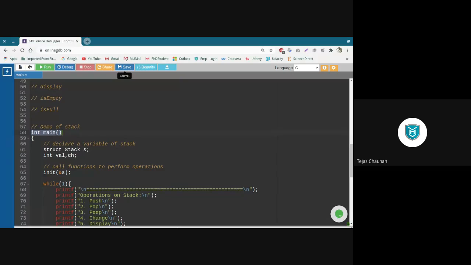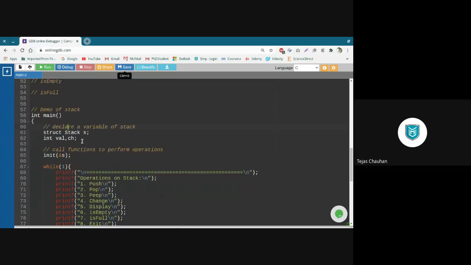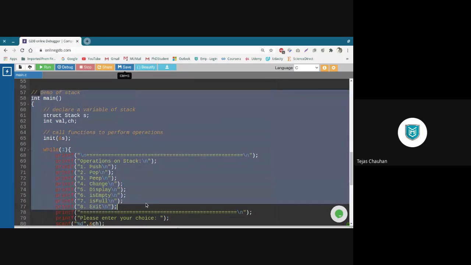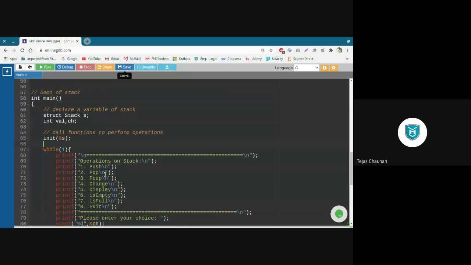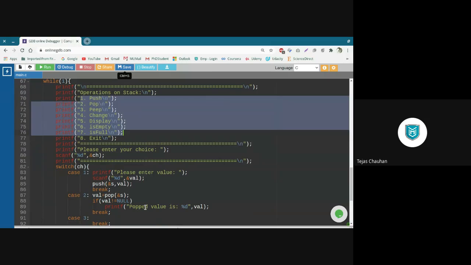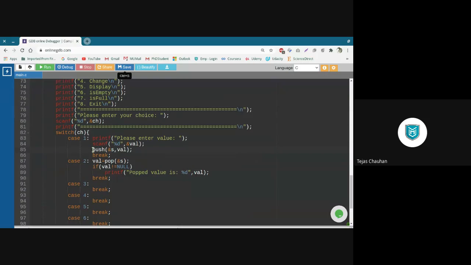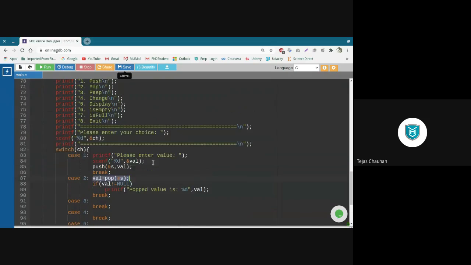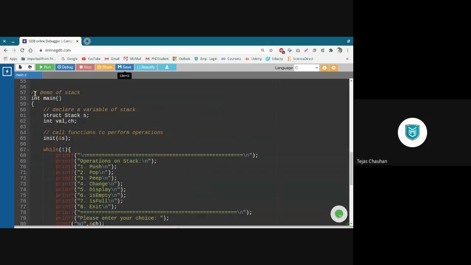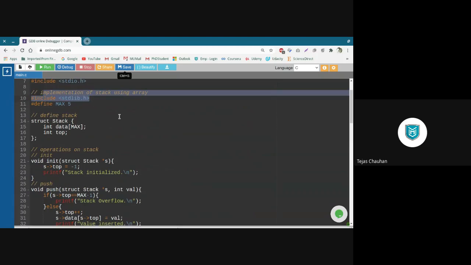And one more thing, when you want to use the stack, what do you need the demo for? You need the demo only when you want to understand the stack, right? When you want to have a look at how this stack works and what the function calls are, only then will you look at the demo. Then you need not have this demo part. You just need to have the implementation part. So because of that reason, I'm going to separate these two parts and have two separate files for this one. That's one reason.